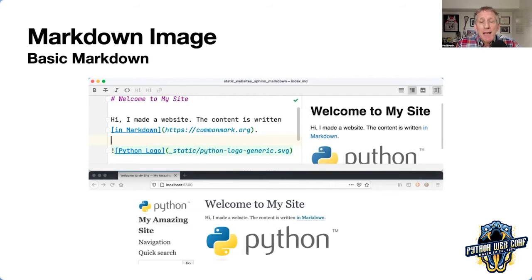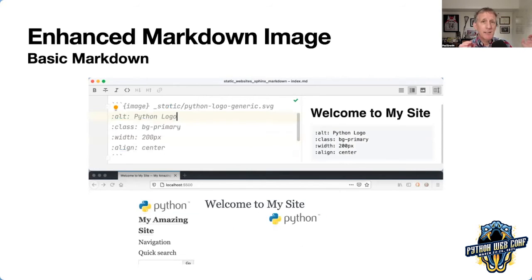Now, here's a pattern we'll see in this presentation, and you will see a lot of as you use MyST. They have the normal, basic, looks-familiar-to-Markdown-people syntax. And then there's this other enhanced syntax, which kind of bubbles up the Sphinx stuff that's underlying. And in this case, this is an enhanced Markdown image.